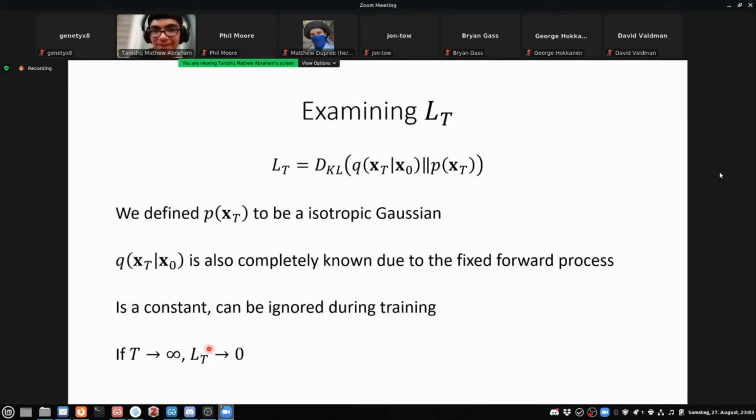I think so. Yeah. Okay. If the number of time steps goes to infinity, and you don't scale down your betas accordingly as you increase the number of time steps, eventually, if you diffuse for long enough with some schedule that isn't dependent on the number of time steps, you're going to get to a Gaussian, that's zero mean, standard deviation 1. Right. Okay. So assuming you have the right formulation, then yes, this loss term goes to 0. So basically, it can be ignored, and we don't have to worry about it.